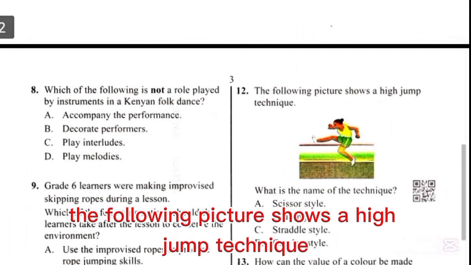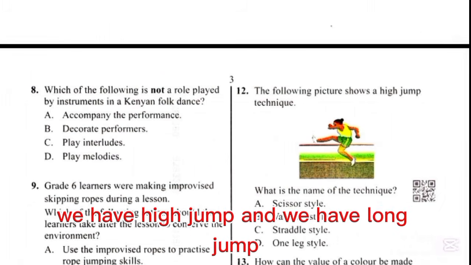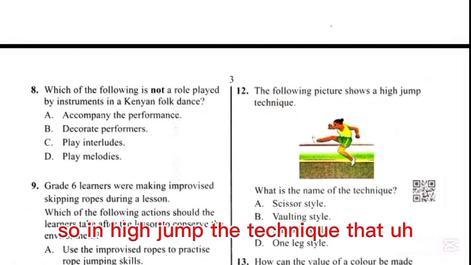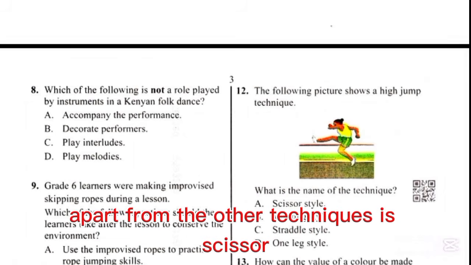Question 12. The following picture shows a high jump technique. So high jump is an area that is taught in grade 6. We have high jump and we have long jump. So in high jump, the technique that the learners are taught in grade 6, apart from the other techniques, is scissor